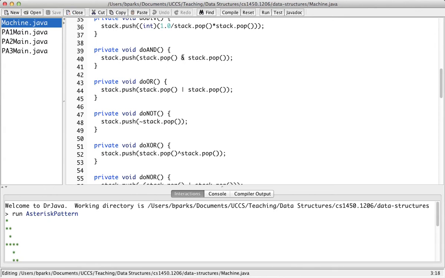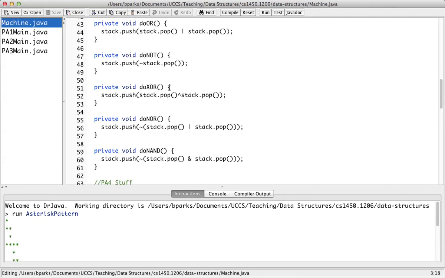Bitwise AND is simply a single ampersand, whereas the logical equivalent is 2 ampersands right next to each other. Same thing with bitwise OR. Bitwise NOT is the tilde, whereas logical NOT is the bang, the exclamation point. Exclusive OR is the caret. NOR,